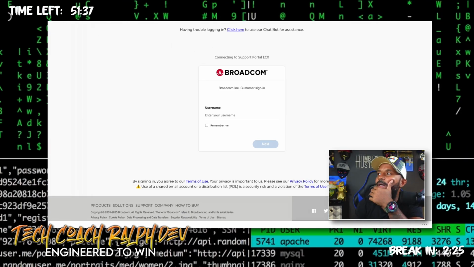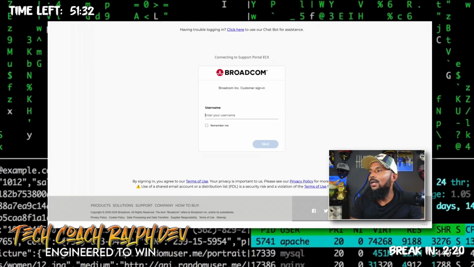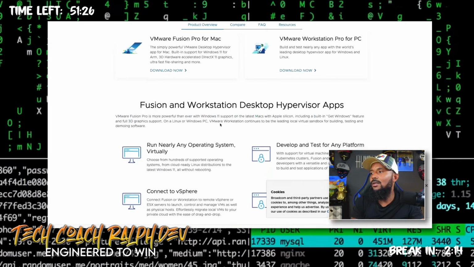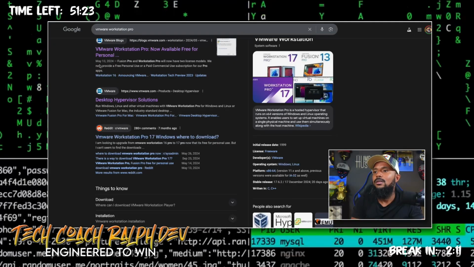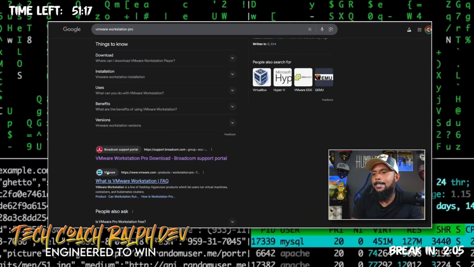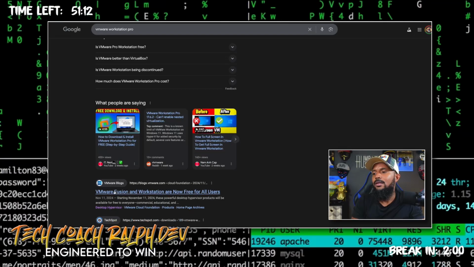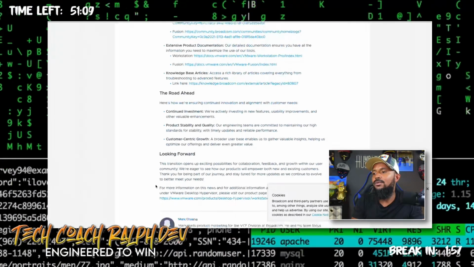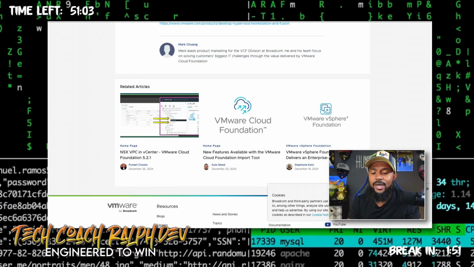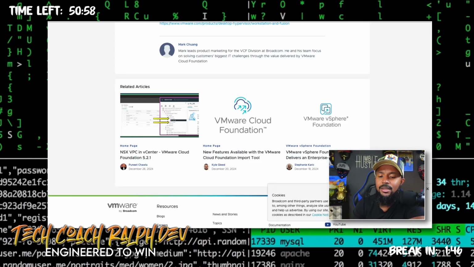Let's see. That looks like you'd have to download something. So let me do this. I don't know why it's taking me to this Broadcom thing when I'm trying to download it. Is there a special way you're supposed to download it? Let me see. They say it's free, but they don't really say where to download it from. So if you let me know where to download it from, then I will go looking for that. But